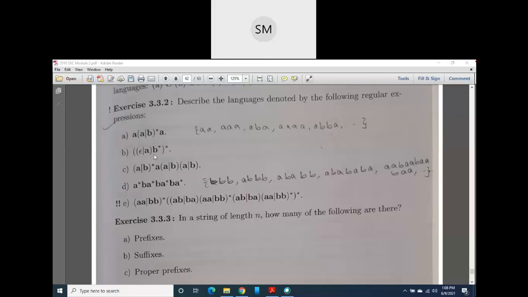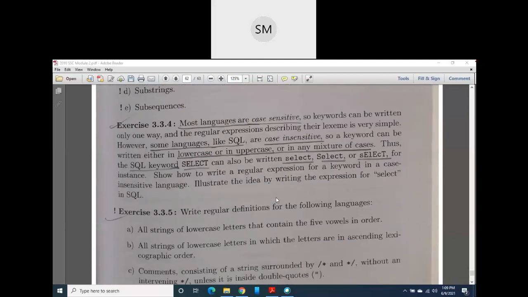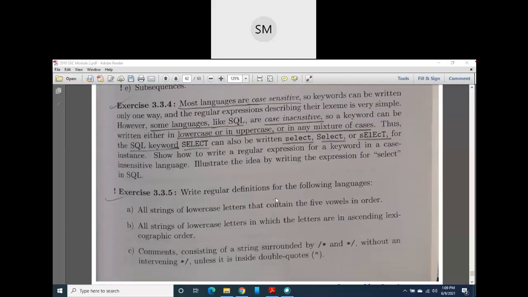So similarly, the remaining 3 you should write as homework. Okay. So next, let me go to the next example. The next example is nothing here. Just remember in our languages.